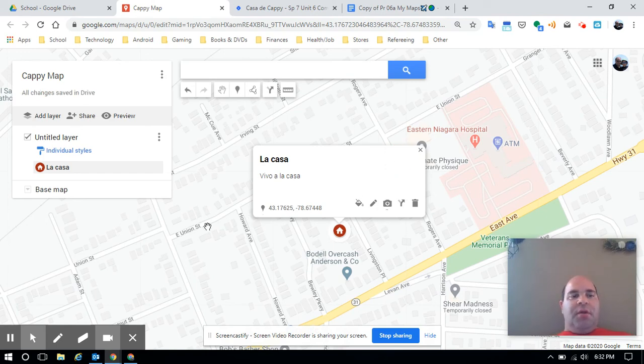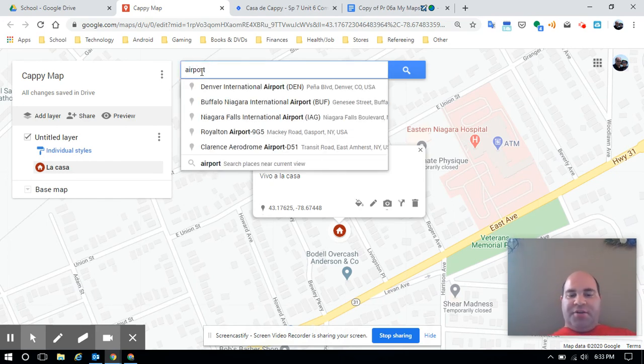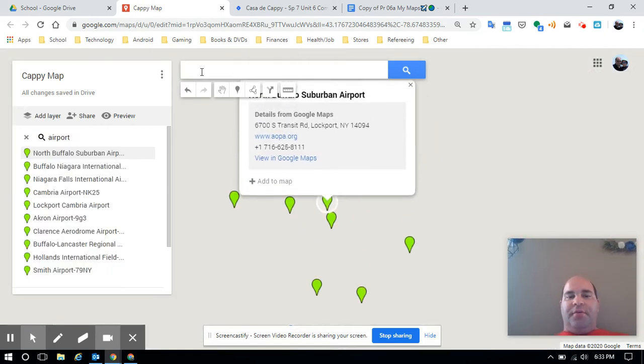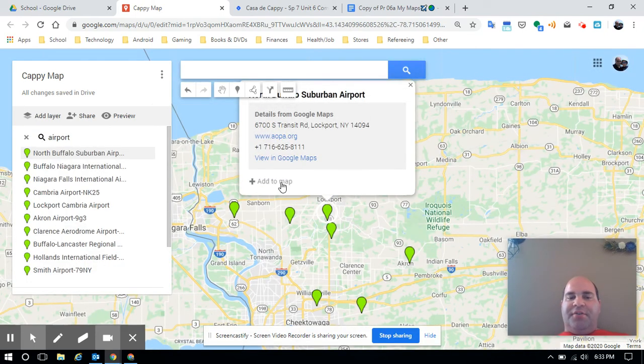All right, your next item up would be the airport. So I would just type in airport in English and press enter, and it'll take me to the closest airport. Here's some options here. This one here looks to be the closest to where I live, either North Buffalo or Smith Airport here. You click on the airport and add it to the map and do as you did before. Same things you did. Once you're done,